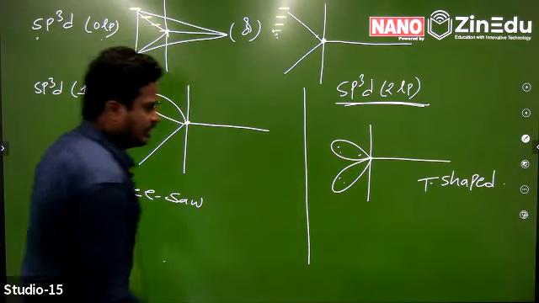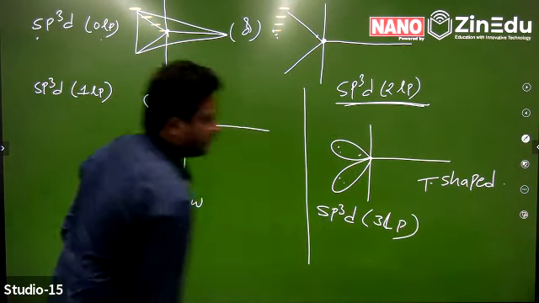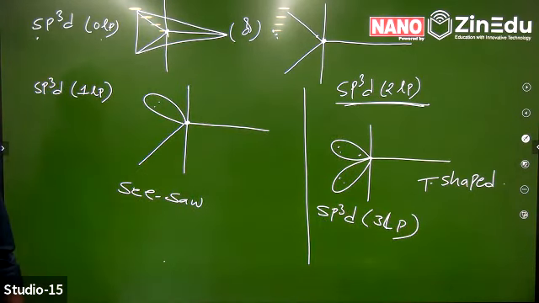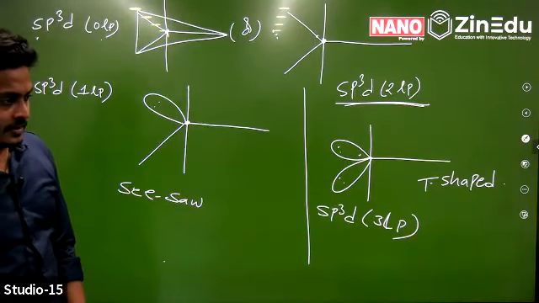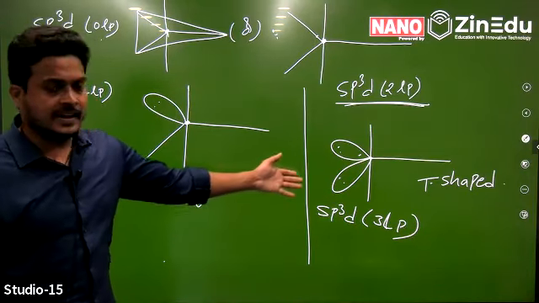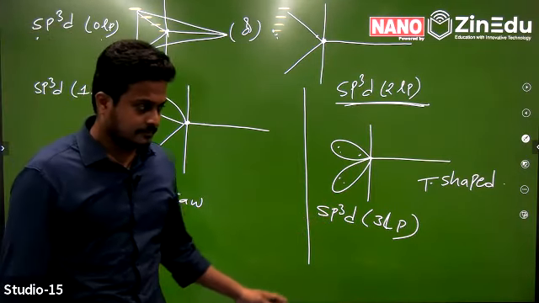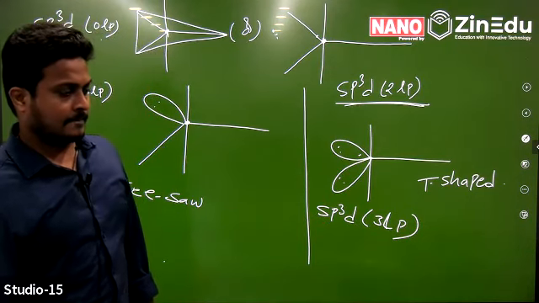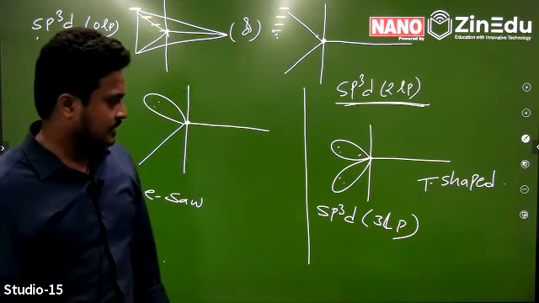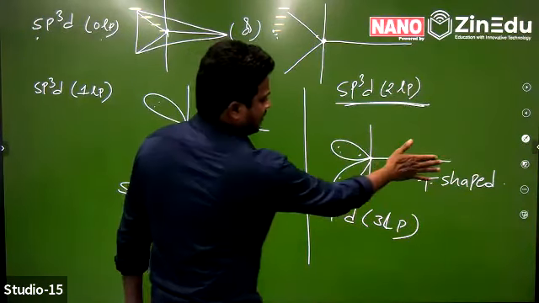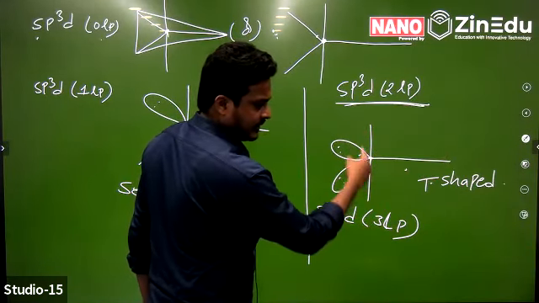Now, if the molecule has sp3d hybridization with 3 lone pairs, can anyone tell what is the shape of the molecule? Lahari, Rakesh, Mavya, Shravani, which one? Yes, tell me. sp3d hybridization with 3 lone pairs, what is the shape of the molecule? If we consider this one also as a lone pair, then the molecule looks like a straight one, a linear one, right?